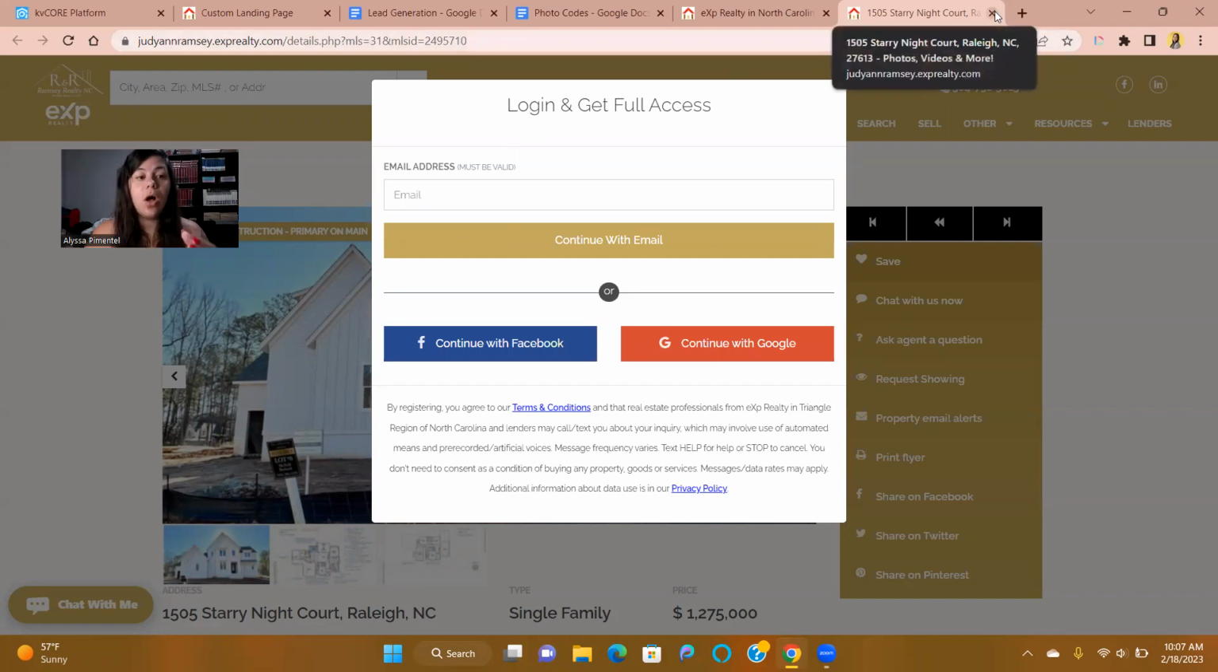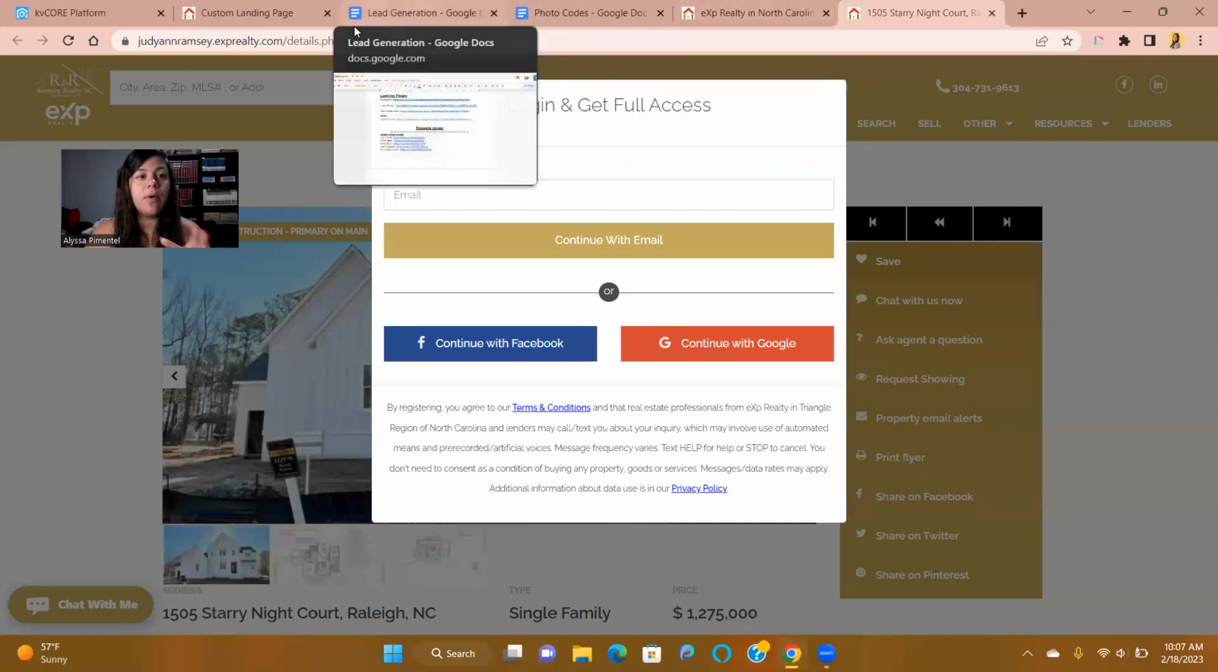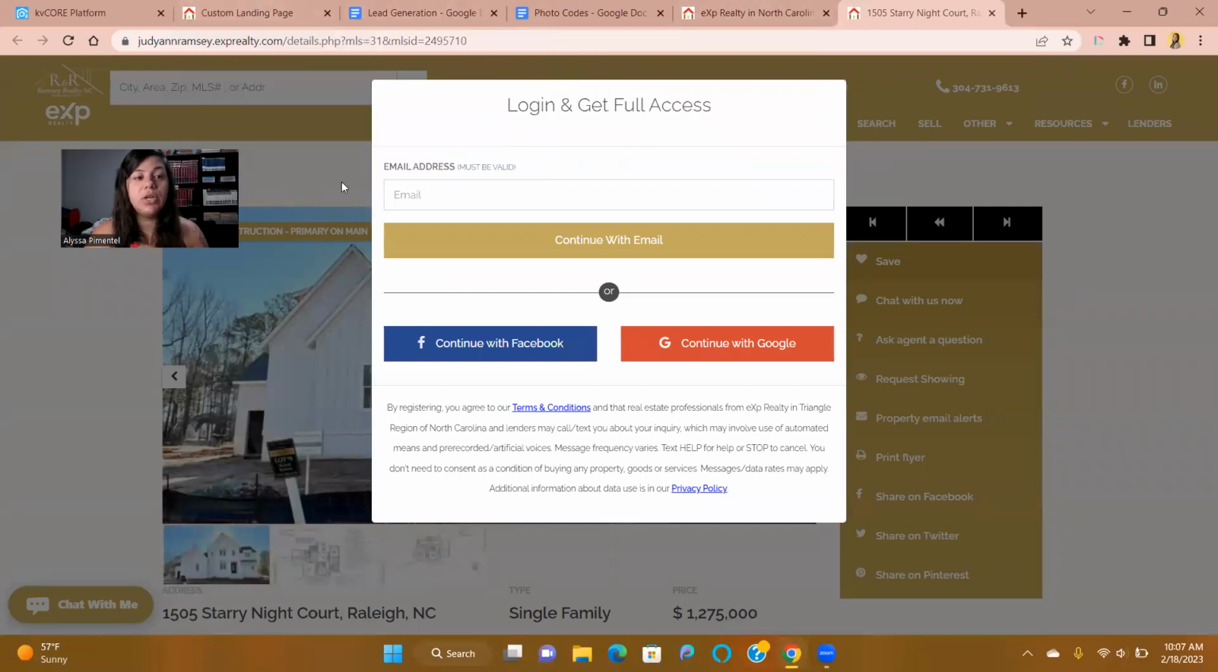So that is why I took off the forced registration, because I'm already going to capture their information. They shouldn't need to sign up because they are already a lead in my KVCore. But if you don't want to create a landing page, you just want to post squeeze pages, you can do that. The only problem that I see with this is that